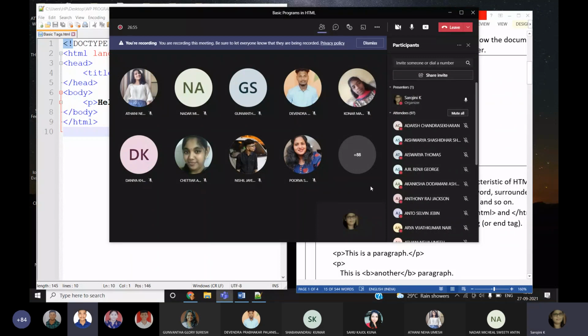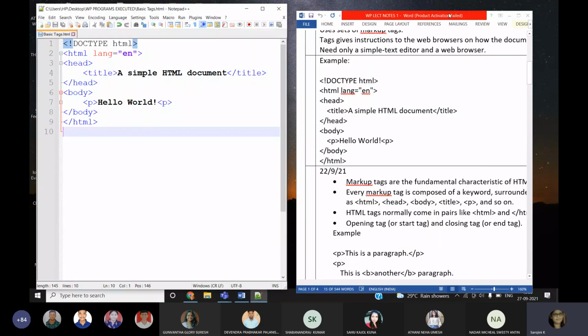Here, students, should I show how to create the folder? Not necessarily, because I assumed you know. You have created the folder. Now you saved the program in the folder. I saved the program in the folder.